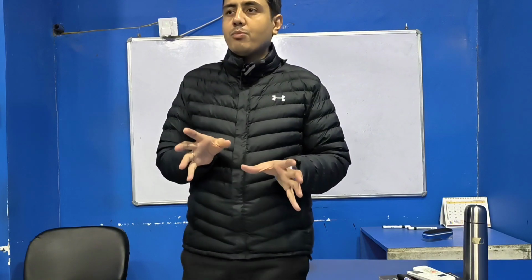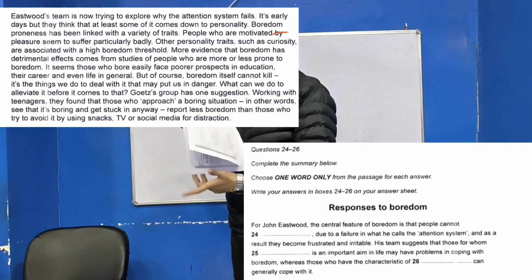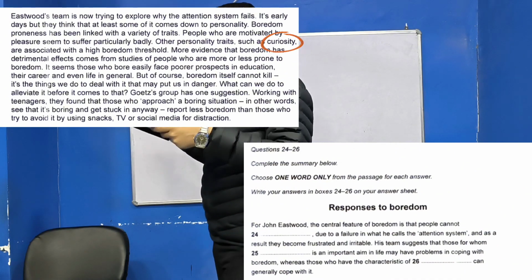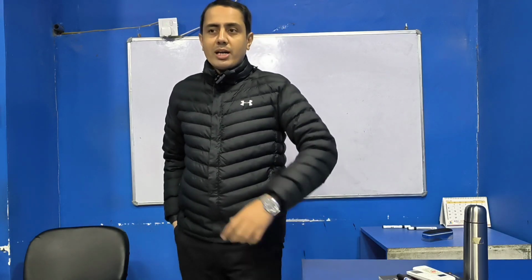Curious people are not bored. The more curious you are, the less bored you become because the threshold increases. So that is why the last one, number 26, must be curiosity. The characteristic of curiosity can generally cope with it, meaning you can deal with it. So curious people will never become bored, because whatever is happening in front of them, they will always be curious